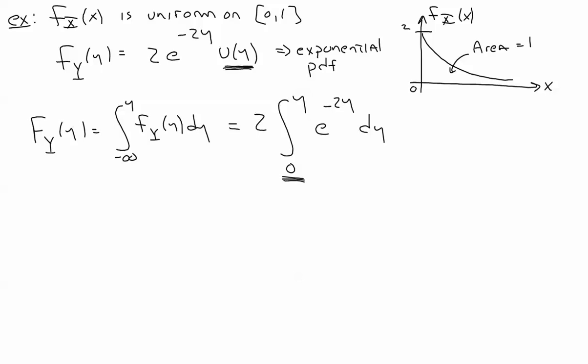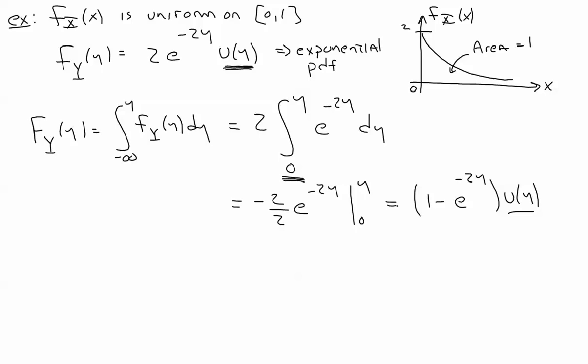So this is minus 2 over 2 e to the minus 2y evaluated from 0 to y, and this equals 1 minus e to the minus 2y, times u of y. Once again, this step function does not come out due to the integration. It comes out because I know that my random variable